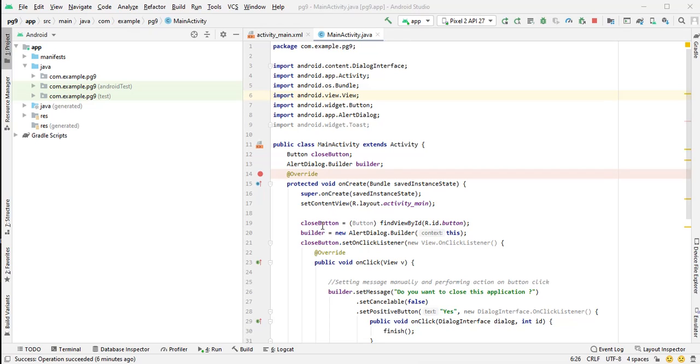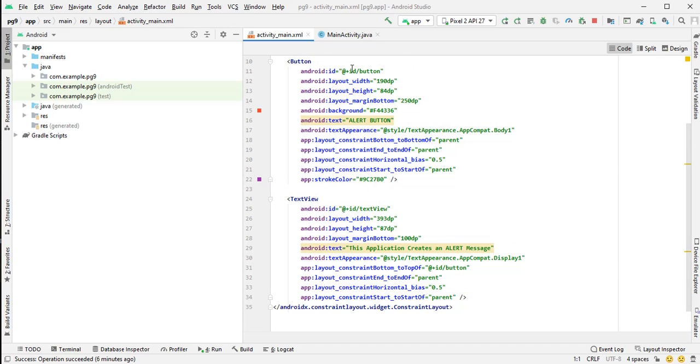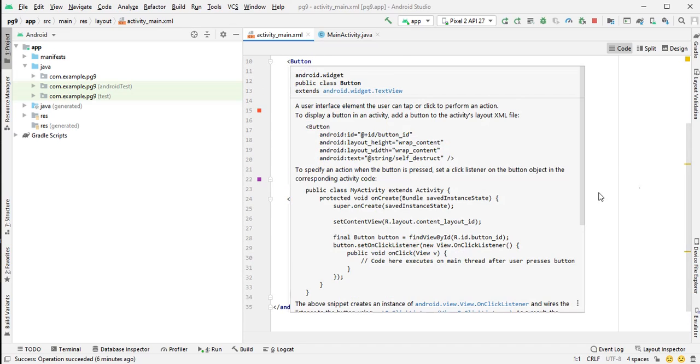Next, I have created a reference for the button that I have embedded in the XML file. See here, I have created closeButton. This closeButton is a reference to the button, using the ID of the button that I embedded in the XML file.